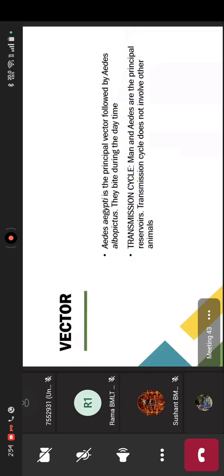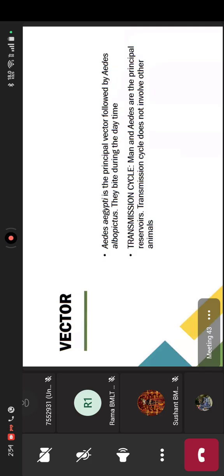अब अगर ट्रांसमिशन साइकिल की बात करें, तो इस डेंगू वायरस के केस में जब ट्रांसमिशन होता है, तो सिर्फ मैन यानी कि ह्यूमन बींग्स और एडीज यानी कि मॉस्किटो, सिर्फ ये 2 लोग प्रेजेंट होते हैं। इनके अलावा कोई और एनिमल प्रेजेंट नहीं होता है, राइट। डज नॉट इन्वॉल्व एनी अदर एनिमल। तो अगर ट्रांसमिशन साइकिल की बात करें, तो डेंगू वायरस के केस में सिर्फ 2 ट्रांसमिशन के लिए 2 लोग प्रेजेंट होते हैं, एक तो मैन, ह्यूमन बींग्स एंड द मॉस्किटो, राइट।